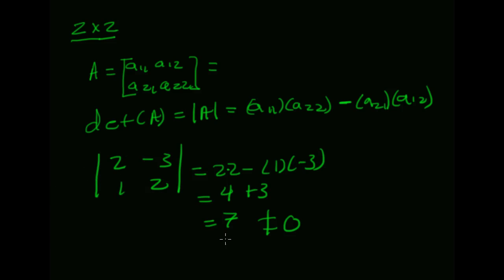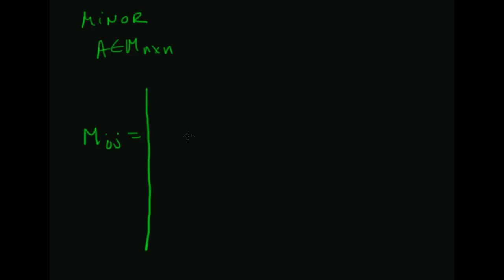Okay? So how do I deal with this if it's larger than 2 by 2? Well, then we get into a problem of recursion here. Okay, so we're going to define something that we call the minor of the matrix. Okay? So we're going to let A be an n by n matrix, and we're going to define something here. We're going to call minor ij the determinant of the A matrix